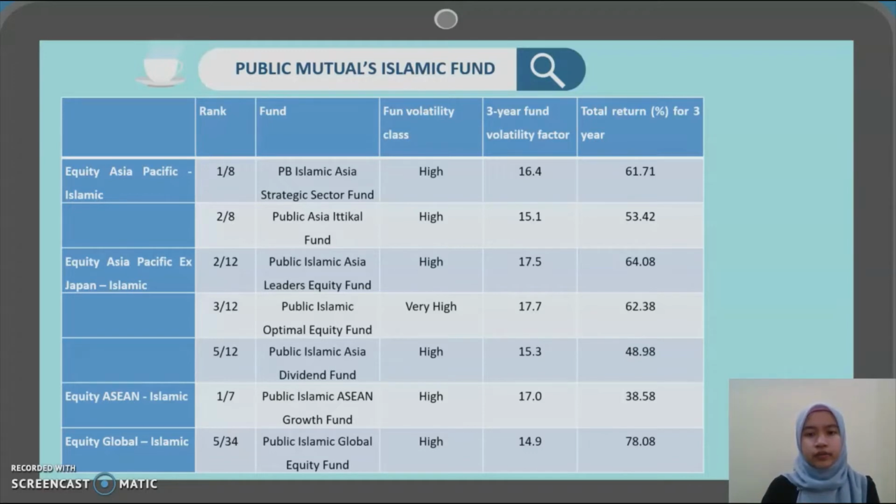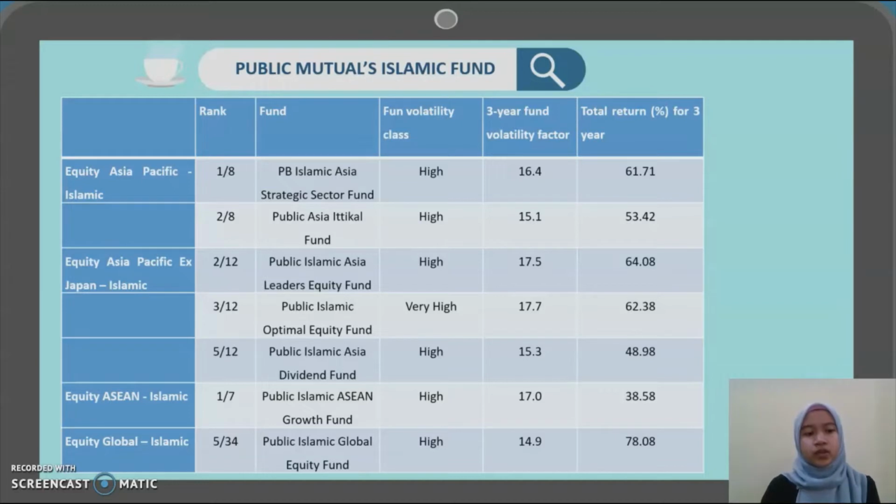The 3-year fund volatility factor is 16.4 and their total return for 3 years is 61.71%. Second, Public Asia Ethical Fund, their fund volatility class is high. The 3-year fund volatility is 15.1 and the total return for 3 years is